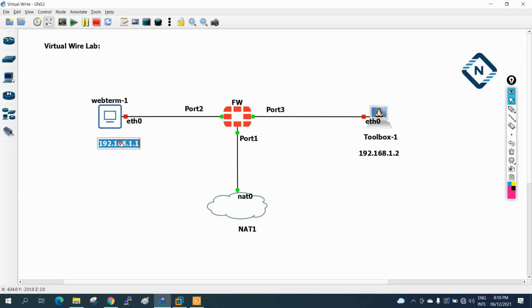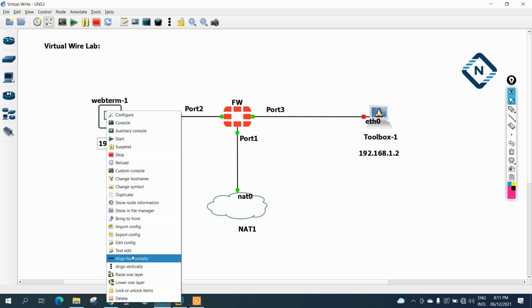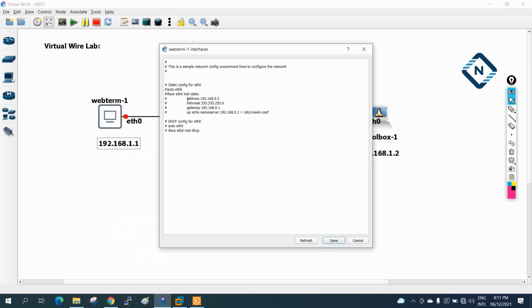Okay, so now let me assign the IP. I can click here, go into edit configuration, and in this place I will remove this auto, and then I will remove this interface ladder symbol. Here also I will remove, here also I will remove, and here I will put 192.168.1.1. We are not using any gateway. Whatever is there I will keep, I will not change anything. Just the IP is important, 192.168.1.1.